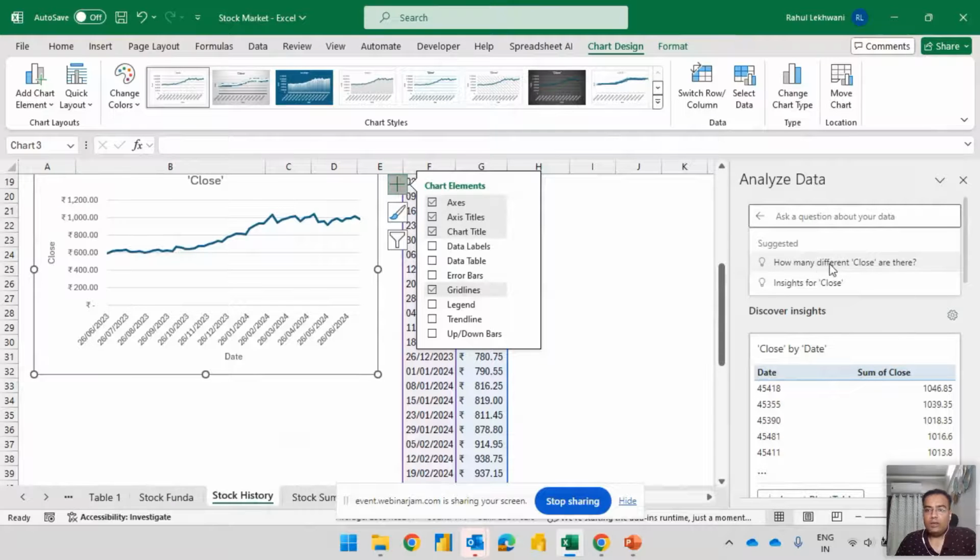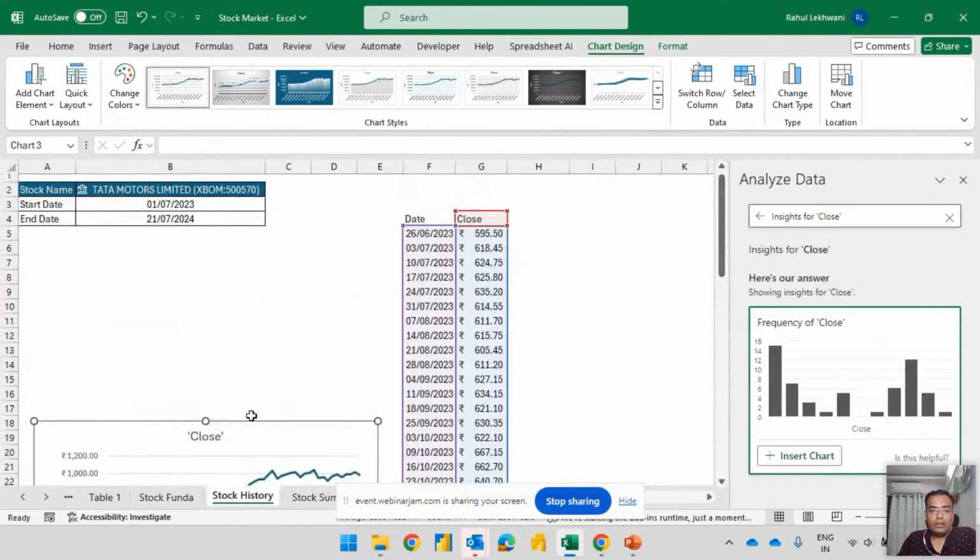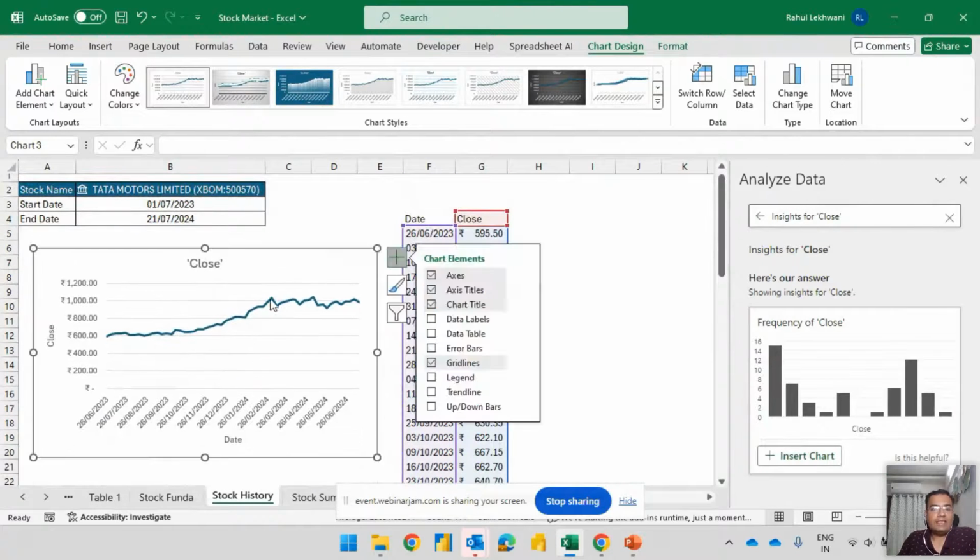So see, it is giving me some suggestions. How many different close values are there? Okay, insights for close. It is giving me some insights. That means it is analyzing the data on its own. This is also one of the very good features of 365. You will not find it in the unlicensed version. Okay, up and down,